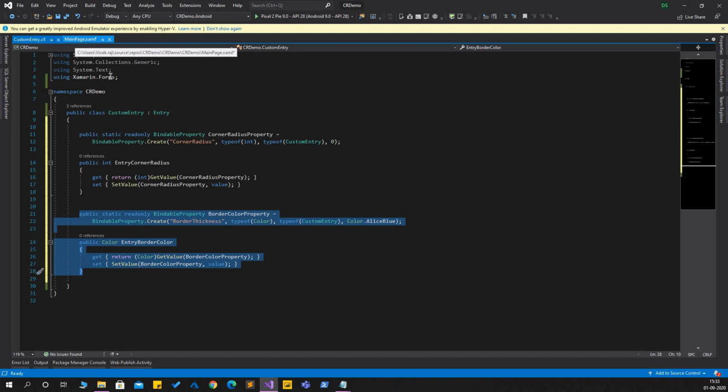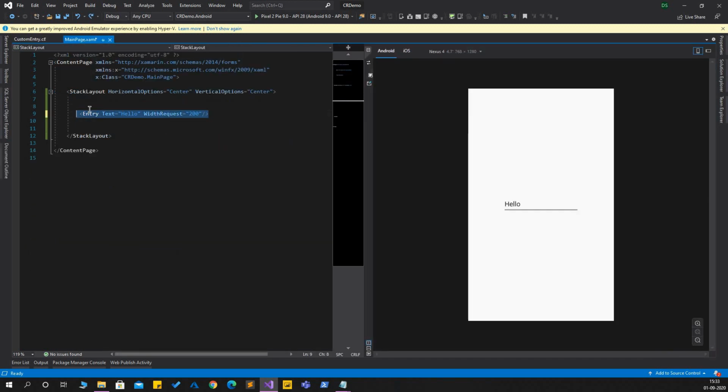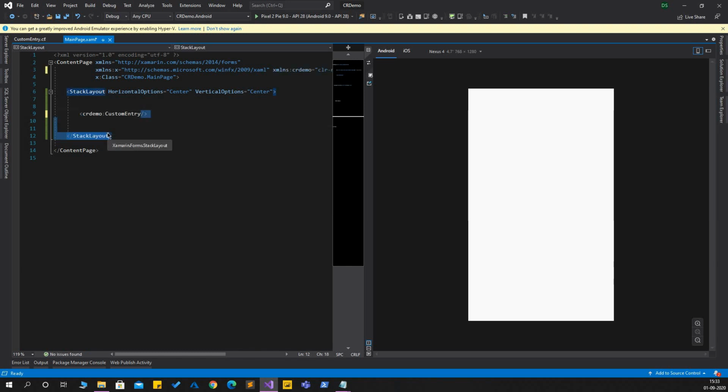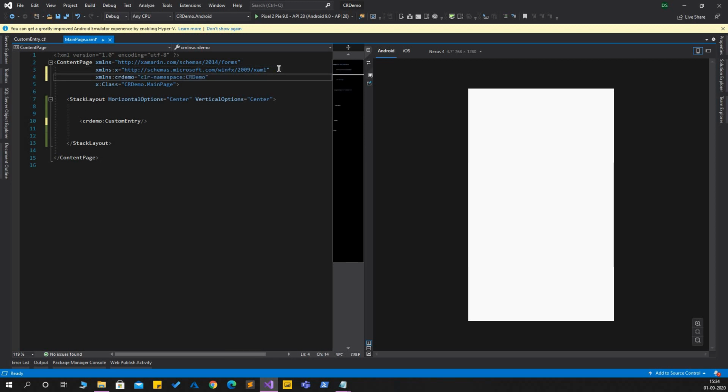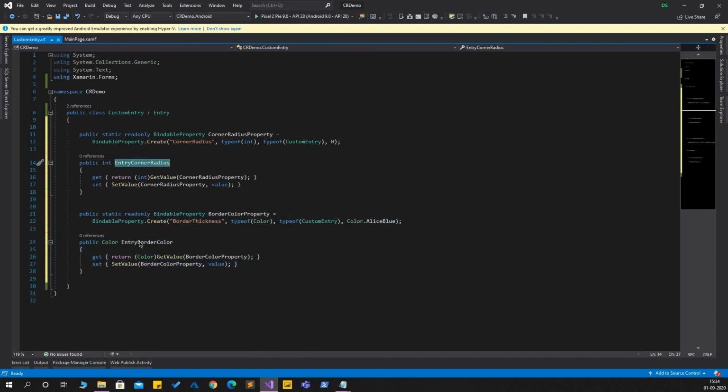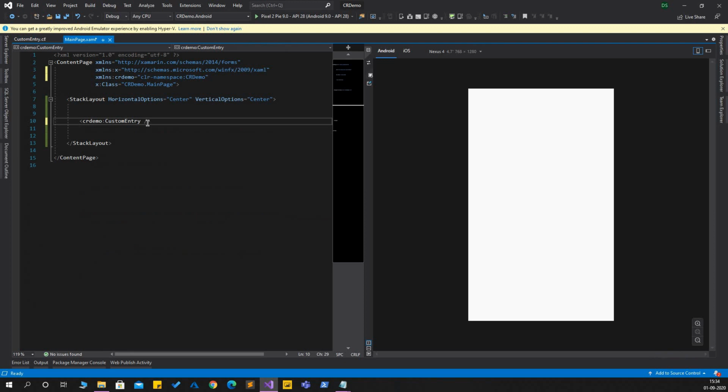So now if I go to the main page and I get rid of the default entry, and I try to use the custom entry that I just created, it will show us an error, and then we can see that we need to add a reference to this namespace. So we have a namespace reference added here, and now we can use it. The bindable properties that I just created, we can use them here. So I'll go ahead and write entry border color.